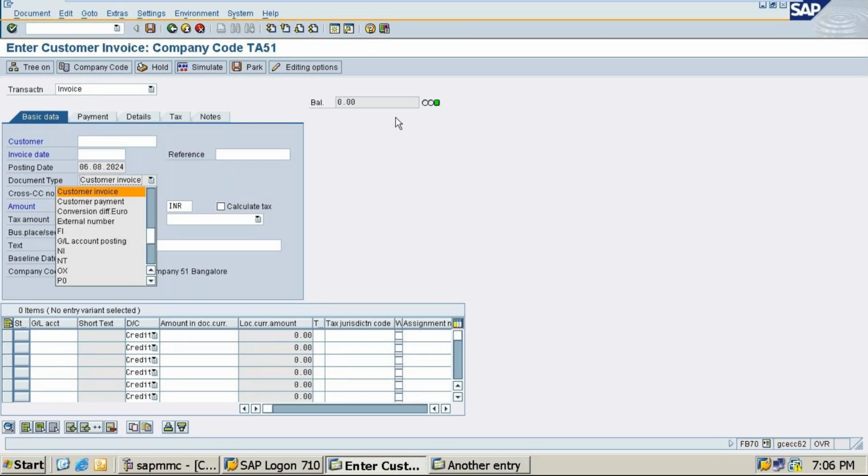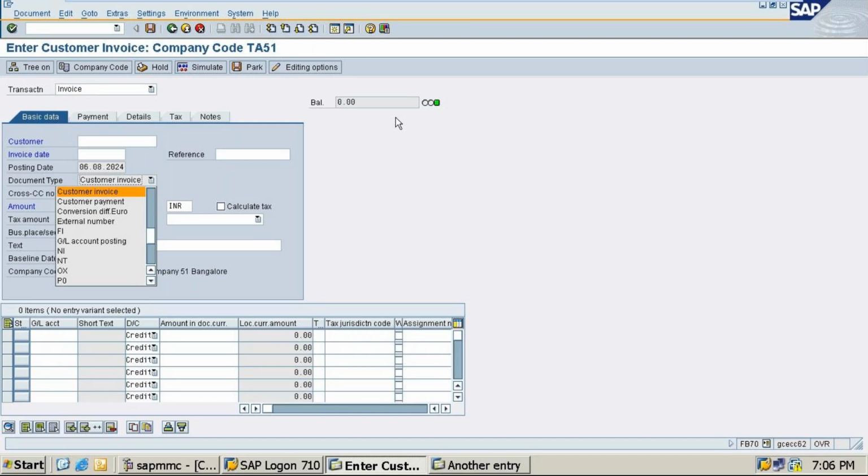See, you have done wrong. How will it display for you? Both the students are doing wrong. This is vendor, not a customer invoice. Customer invoice is FB70. Yours is showing vendor, that is the bigger mistake.